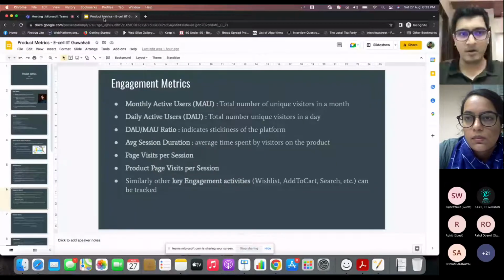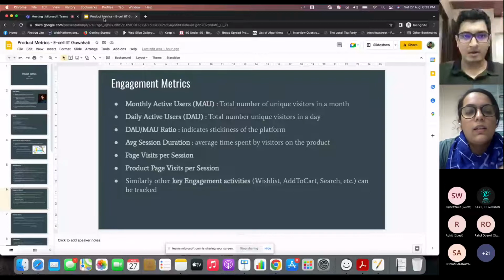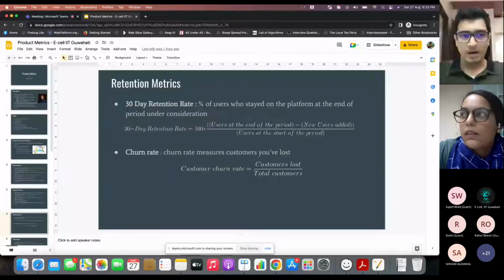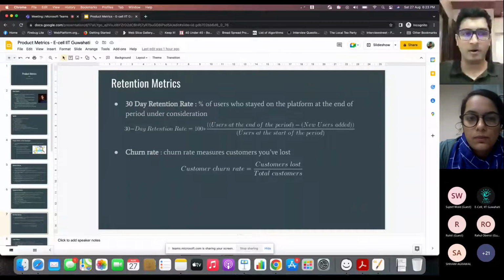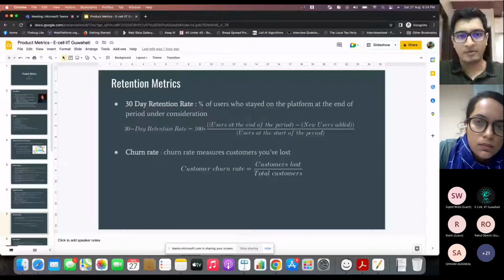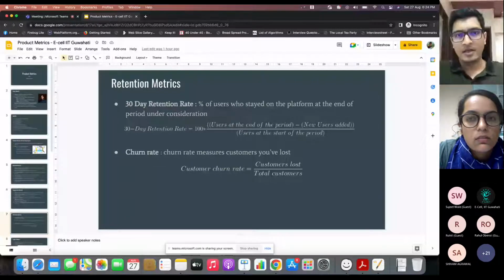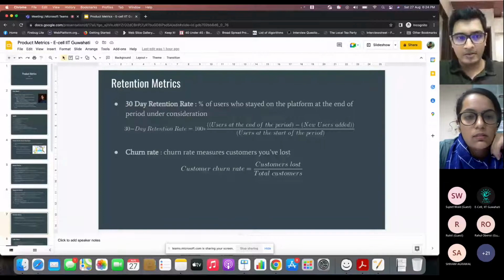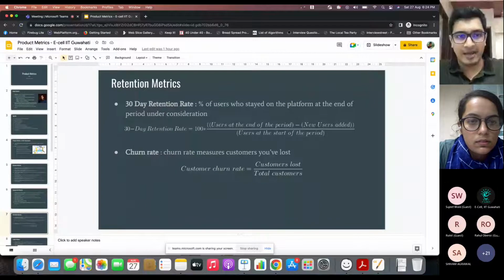Sure. Moving on, I will cover the retention metric. Retention is one of the very important metrics towards understanding whether you have arrived at product market fit or not. What I believe is that ideally, once you have launched a startup, if your 30-day retention rate, or whatever X-day retention rate, is improving over a period of time, then it means that you're able to retain your customers after their first transaction as well.